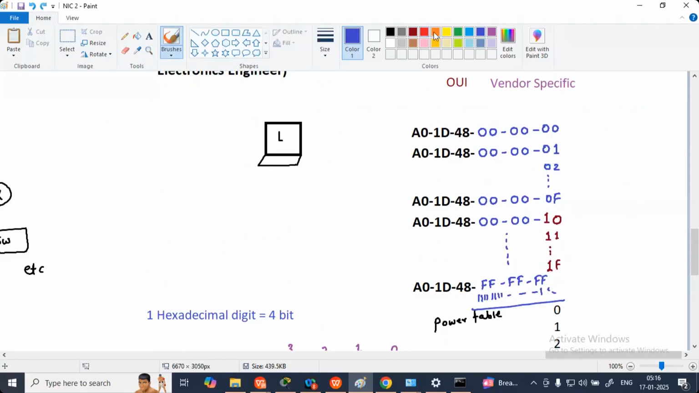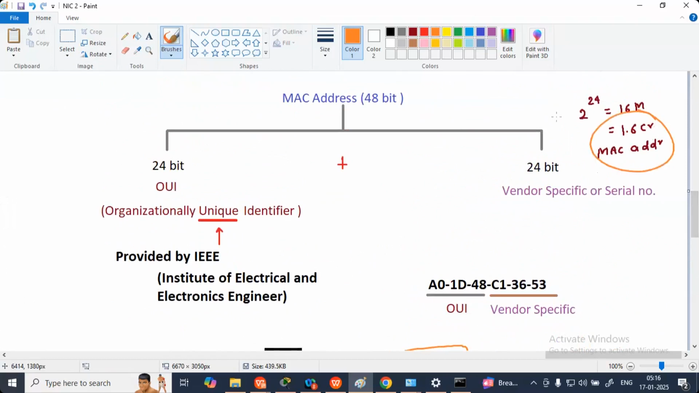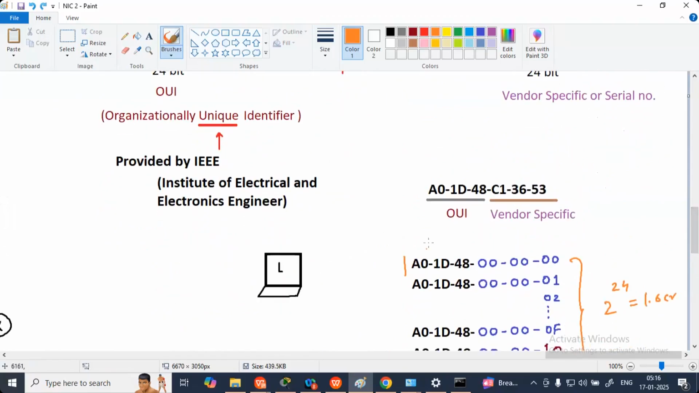And as we calculated, because of these 24 bits, 2 raised to the power 24, we have 1.6 crore MAC addresses with a single OUI. For the vendor, these are the total MAC addresses with one OUI. But this organization, IEEE, will not provide only